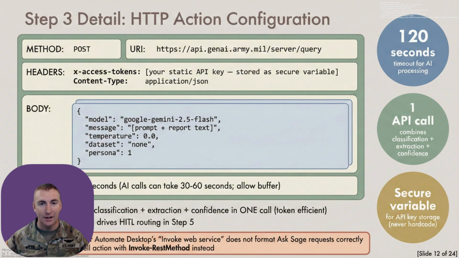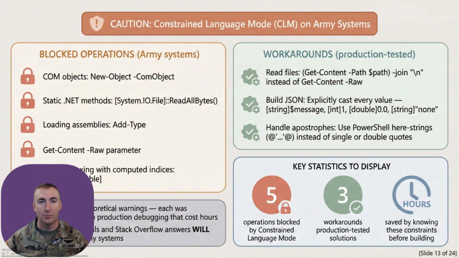Use a PowerShell action with invoke REST method instead. That PowerShell path brings its own challenge on Army machines. Constrained language mode blocks your code. Here is the workaround. Army PowerShell blocks COM objects, static .NET methods, add type, the raw parameter, and computed string